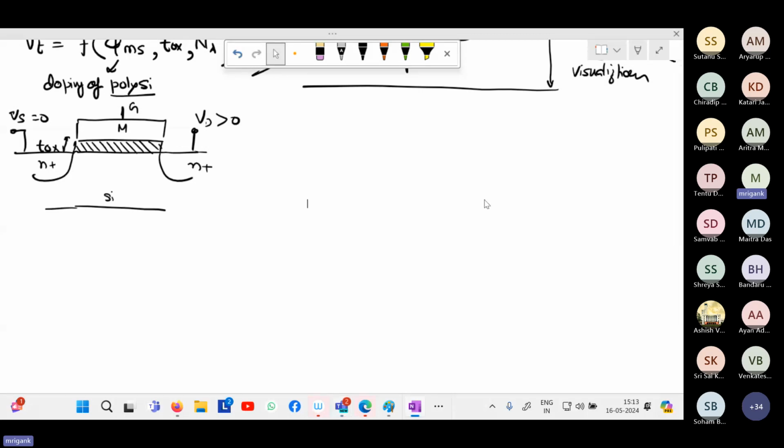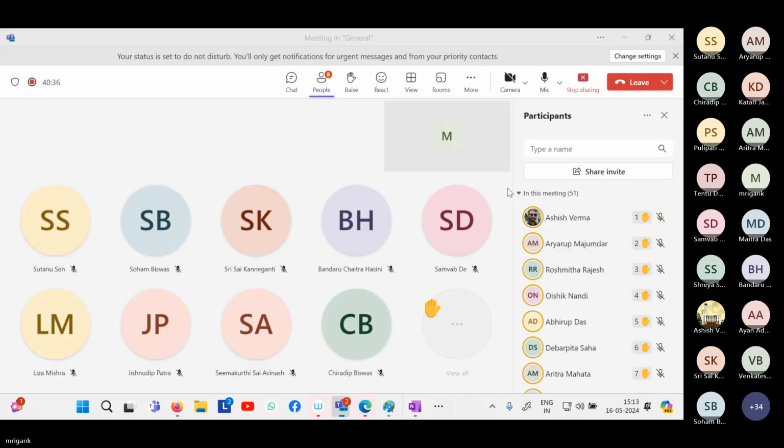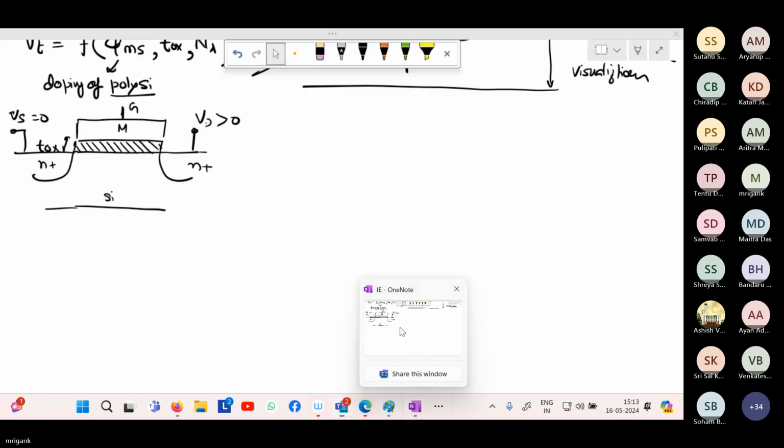So in case you have gone through those initial lectures, you should have at least got an idea about the device structure, and how it depends on the device parameters. But anyway, so here,